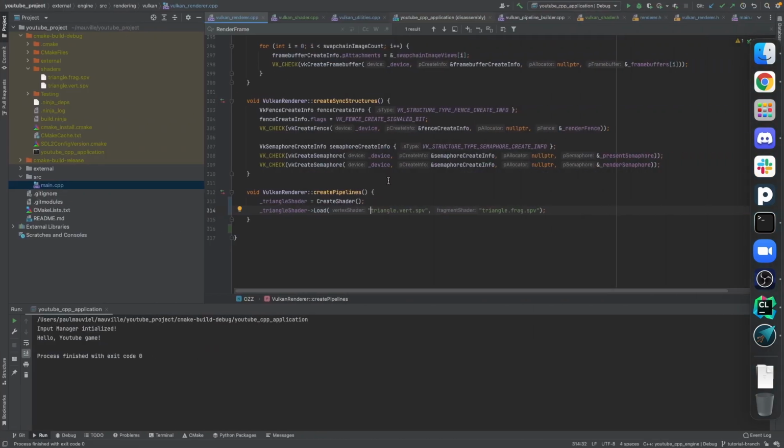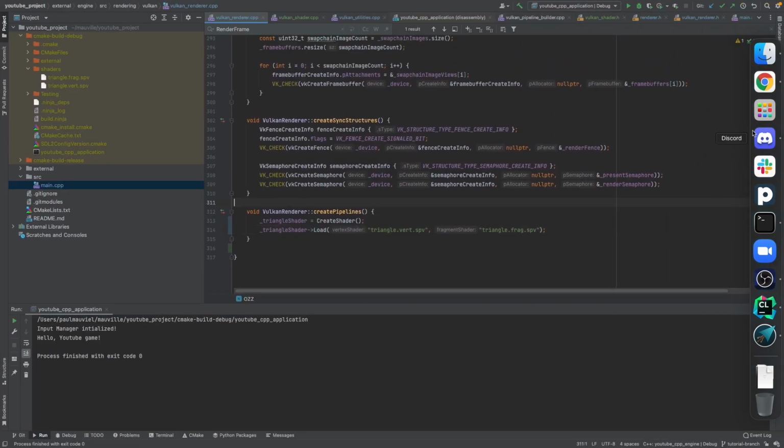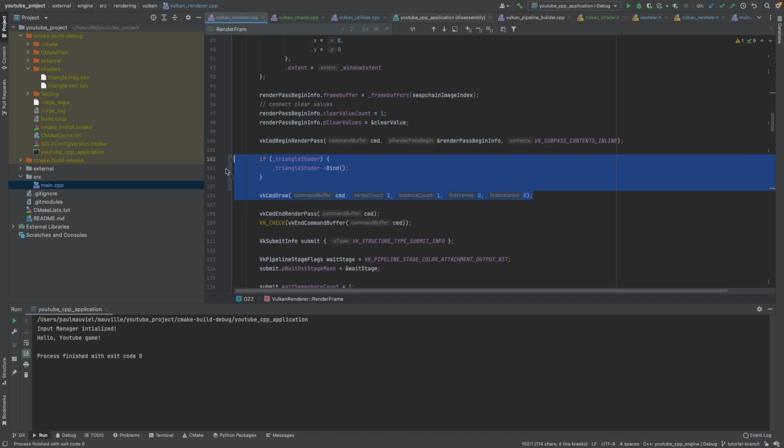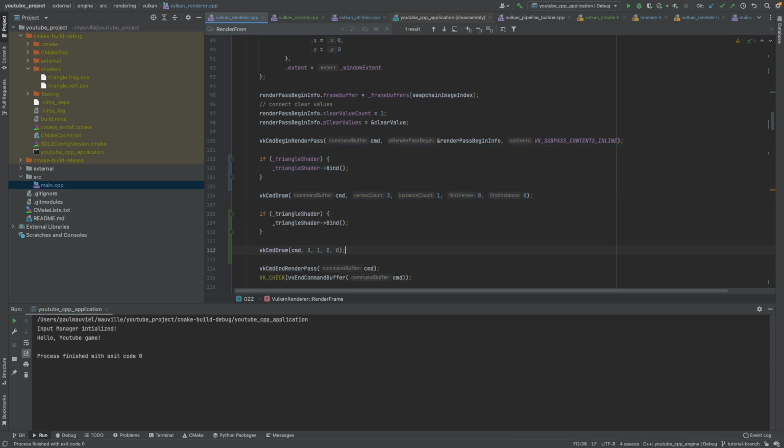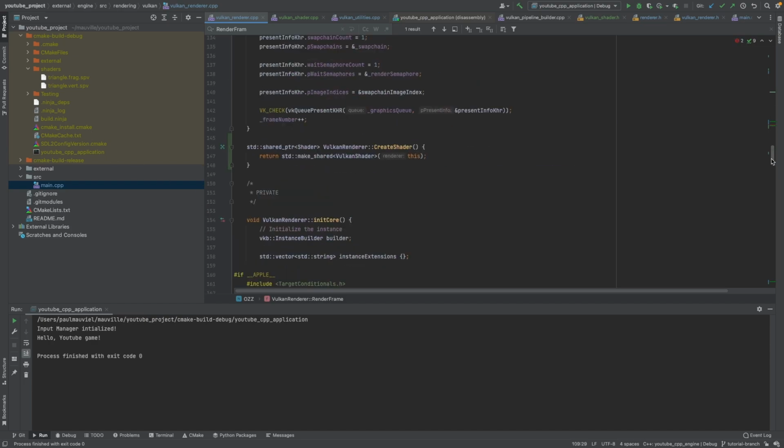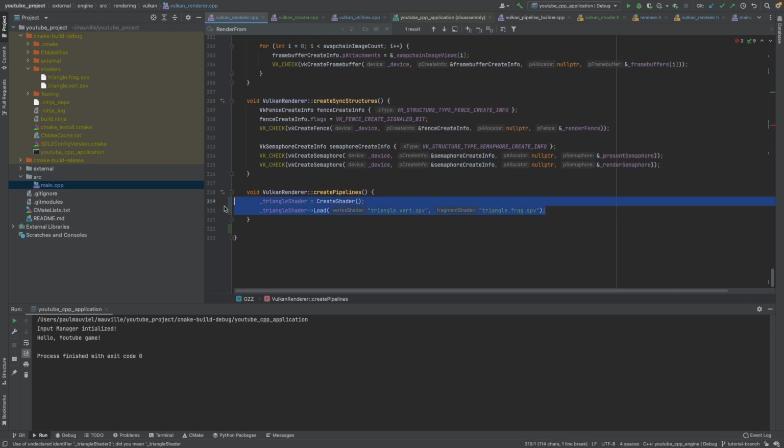Now it's going to be a little bit difficult to show that we can have two different shaders by doing it like this. And we're going to make a triangle shader 2. And we are going to copy this triangle shader 2. And we'll say triangle 2.vert. Yeah, we'll do that. And then inside our